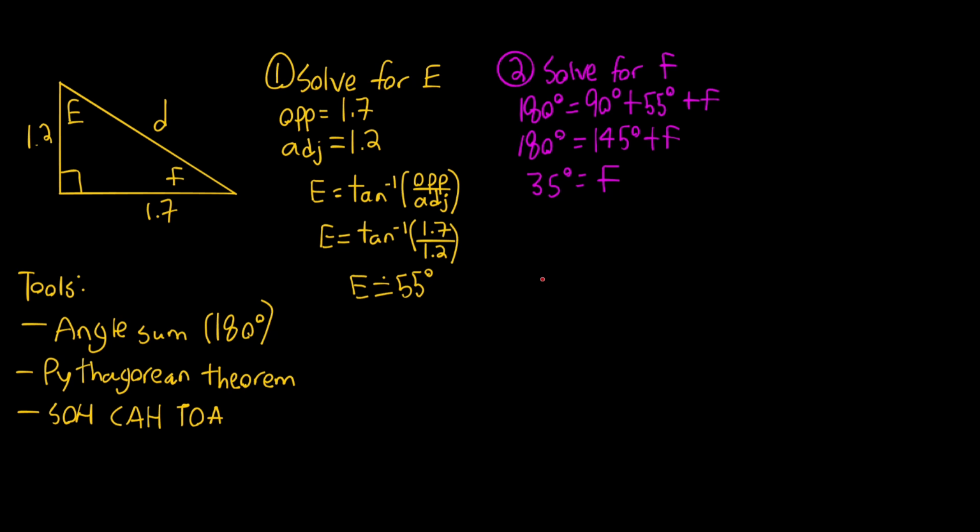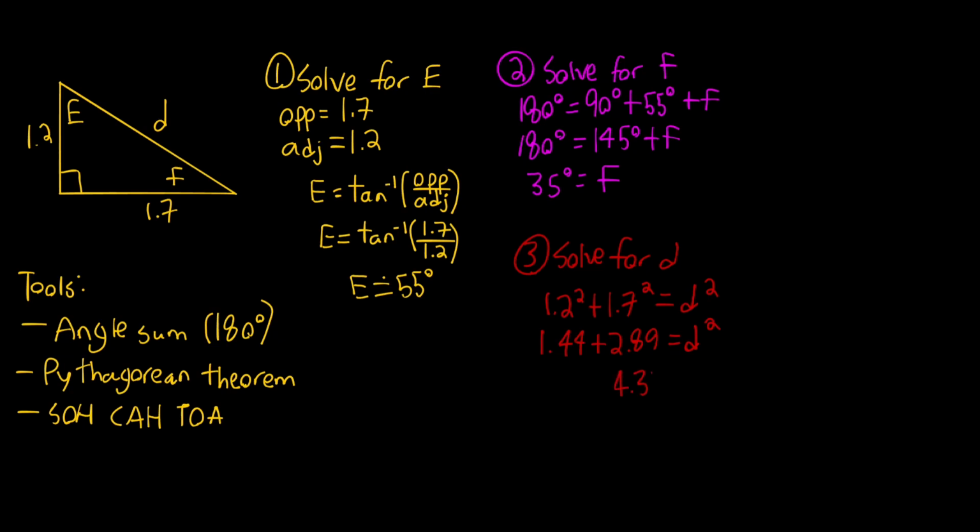And finally, we can use the Pythagorean theorem to solve for the side D. So solve for D. Well, what we get is that 1.2 squared plus 1.7 squared is equal to D squared. Well, that gives you 1.44 plus 2.89 is equal to D squared. Now, that's going to be equal to 4.33 as being D squared. And I take the square root of both sides, which is going to give me a final answer of 2.08